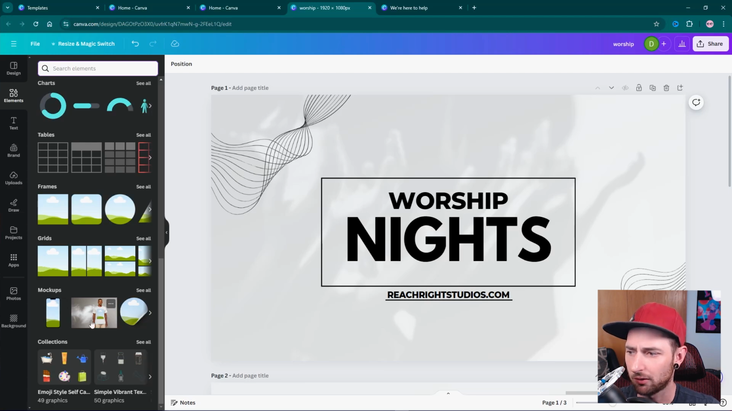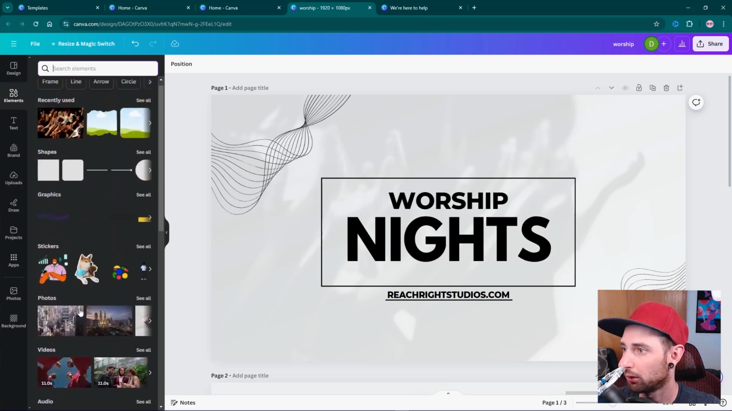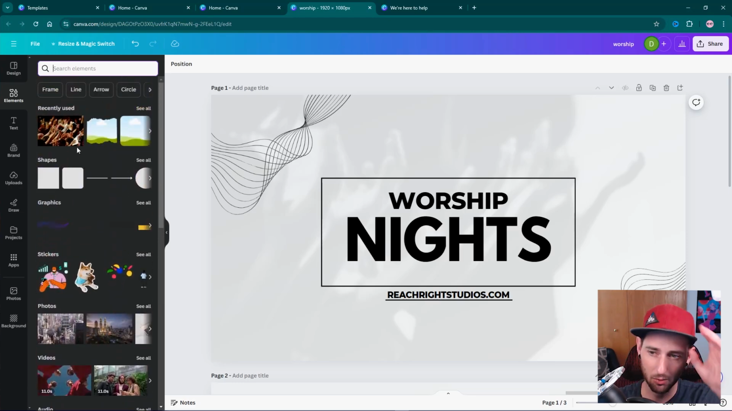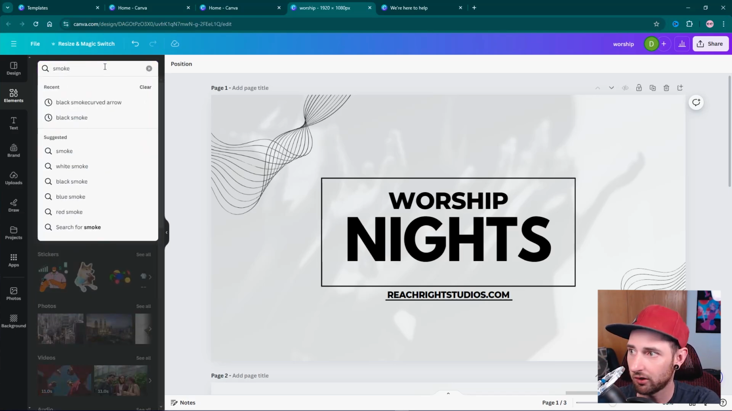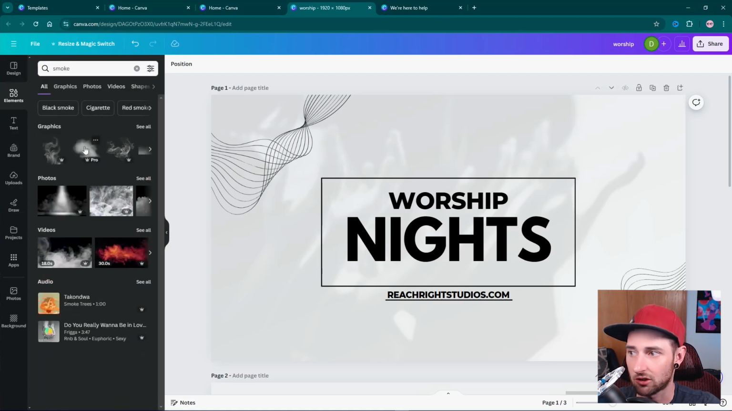There's mock-ups if you want to do things that look cool on a t-shirt or a phone, for example. They have that option available as well. But something that I think people don't realize is there are more graphical elements under the graphics that we talked about earlier. For example, if I just wanted some smoke on this image for texture's sake,